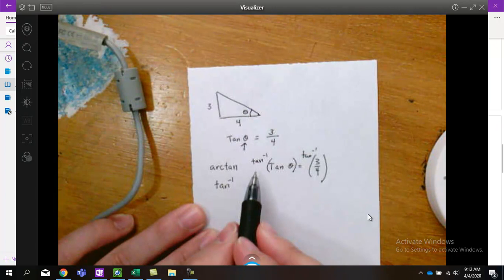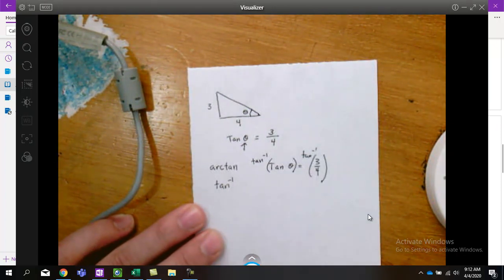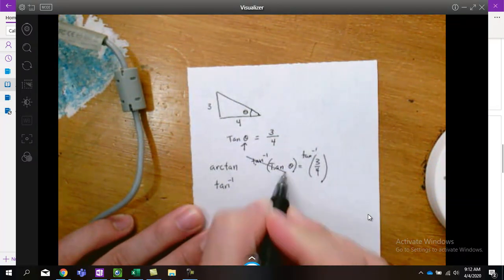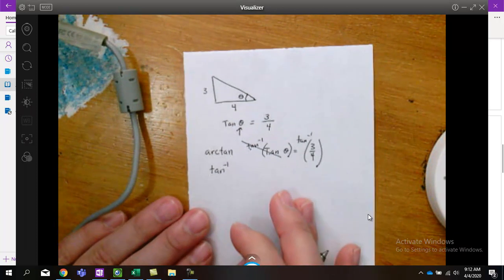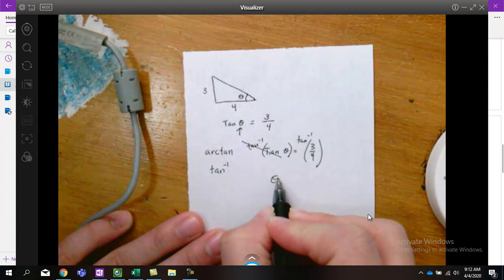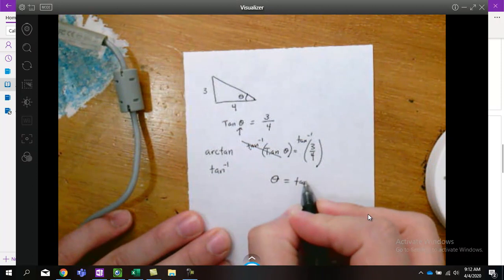Well, we have to understand that the inverse function will always undo the original function. This is something we learned about back in semester 1. Inverse operations cancel each other. Think of addition and subtraction. Well, tangent and tangent inverse are opposites. They will cancel one another, and the only thing left over here on the left side of the equal sign is theta. So that means that theta will equal the tangent inverse